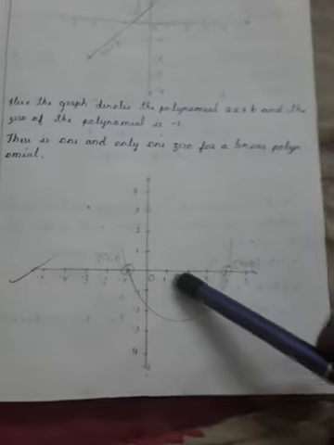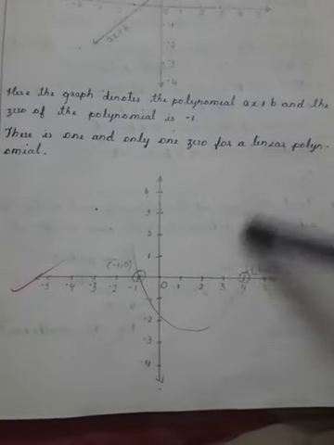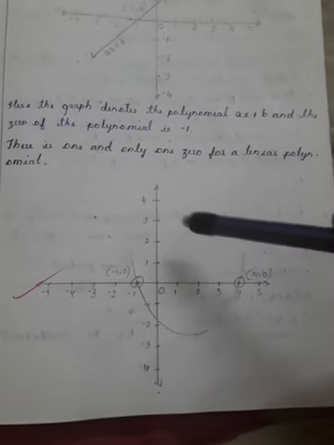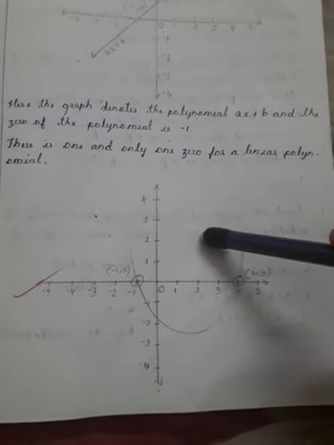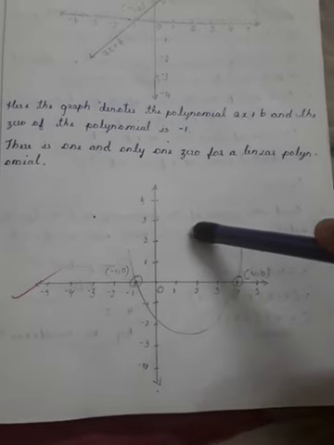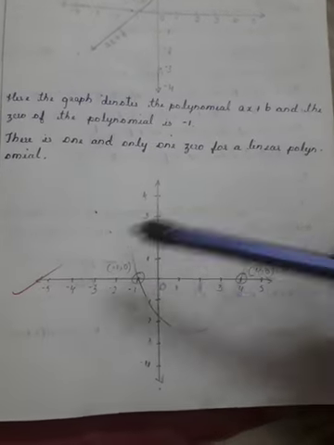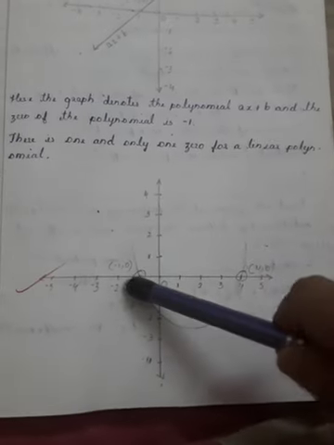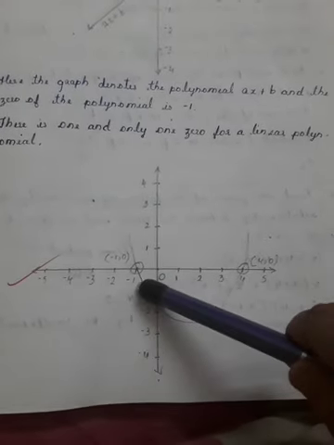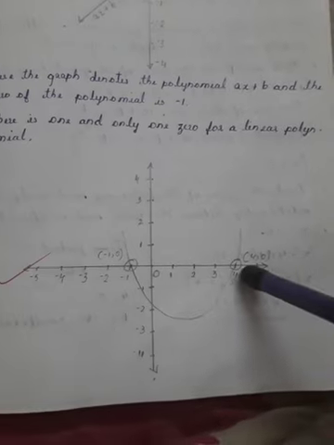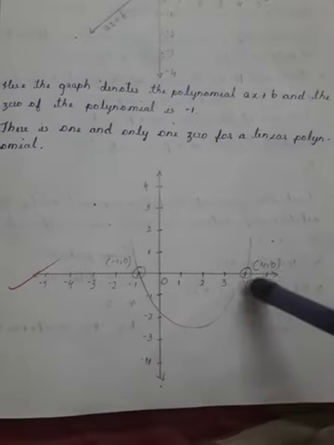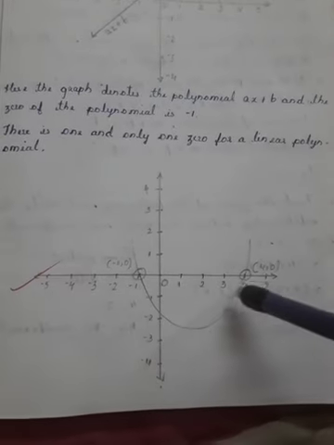Okay. Then for the upward opening parabola. Here from the graph itself, we know that it is representing a quadratic polynomial with the value of a as positive. So here this parabola intersects the x-axis at 2 points, at -1 and 4. So here how many zeros? 2 zeros are there. Which are they? -1 and 4.